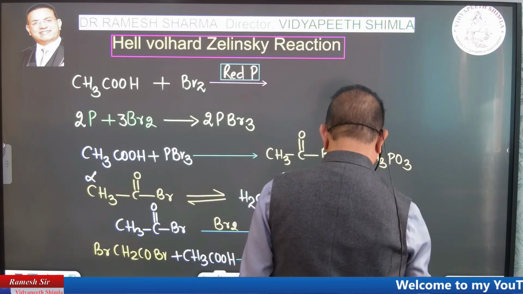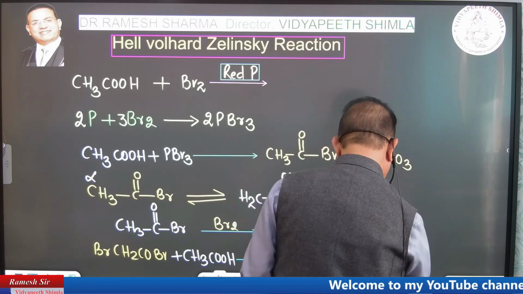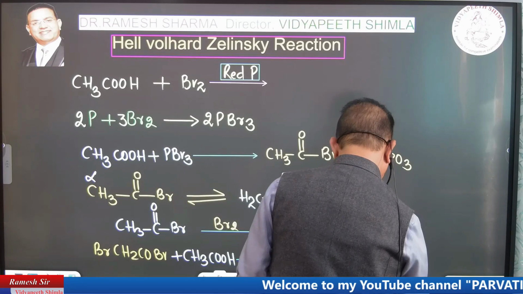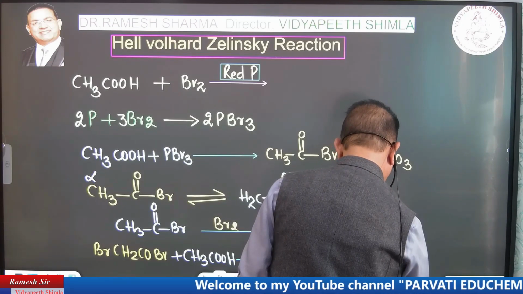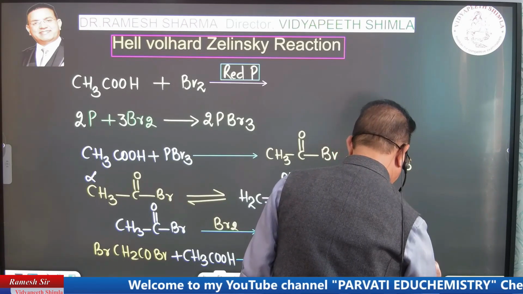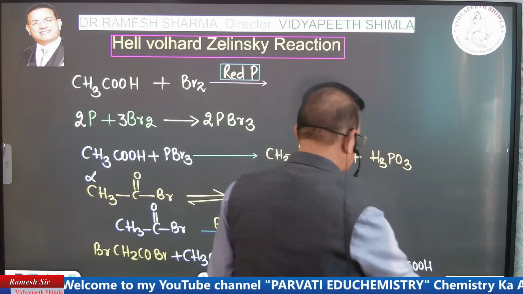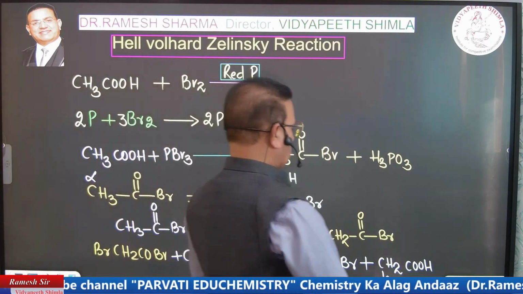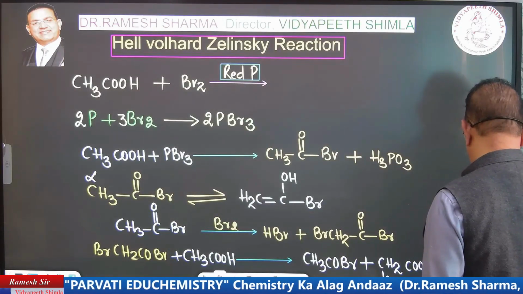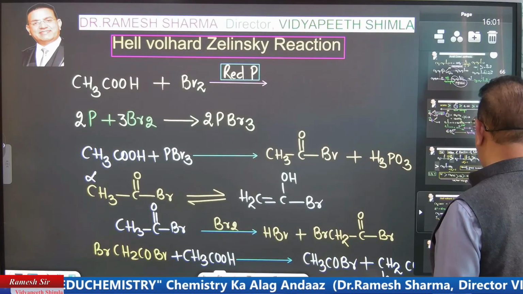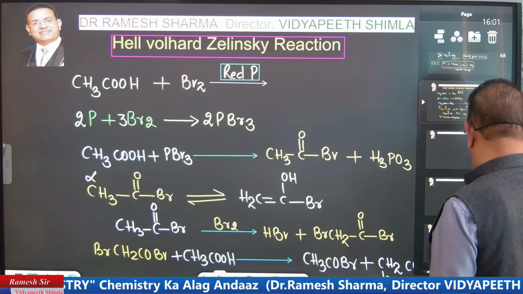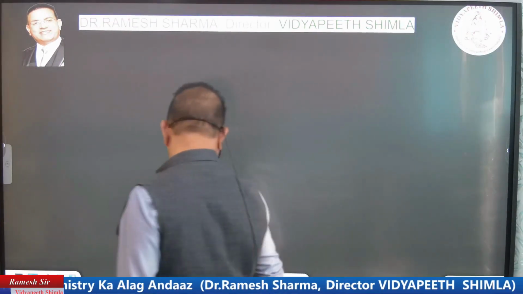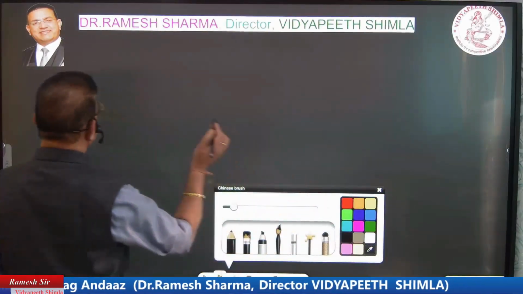Again we get ethanoyl bromide and we get alpha bromo acetic acid. This alpha bromo acetic acid, which is being formed here as a result of HVZ reaction,